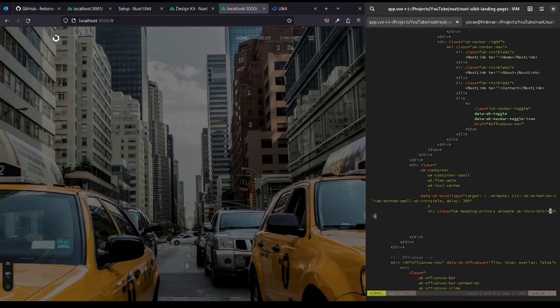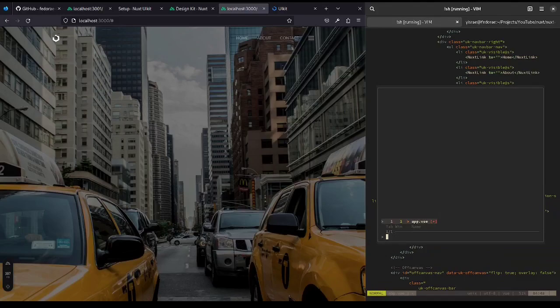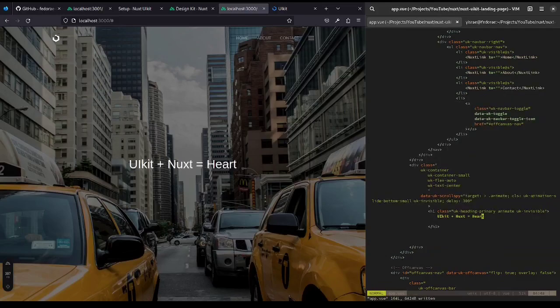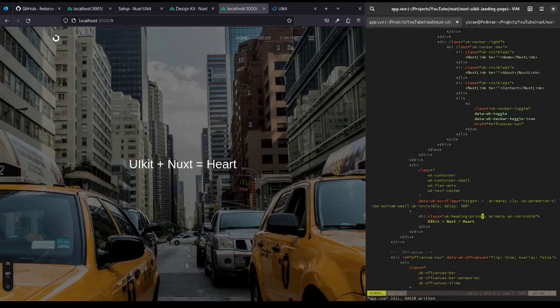And the content that's going to be in here is just going to be UIkit plus Nuxt equal heart. I'm gonna put the icon in here. I'm gonna actually put it shortly, so you can see that we're getting that awesome animation on the